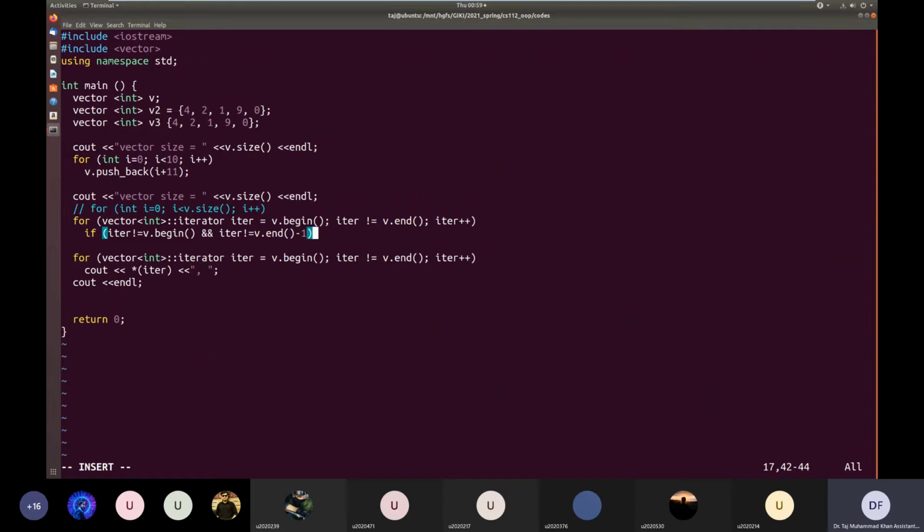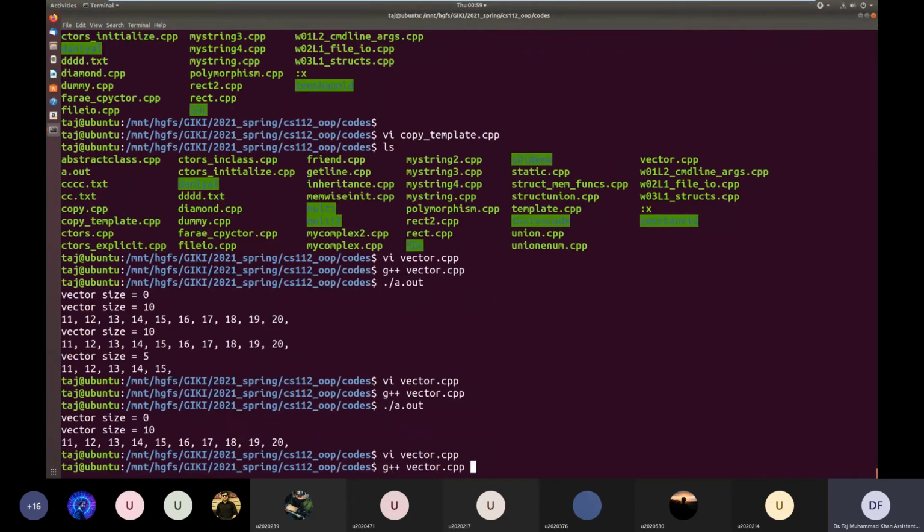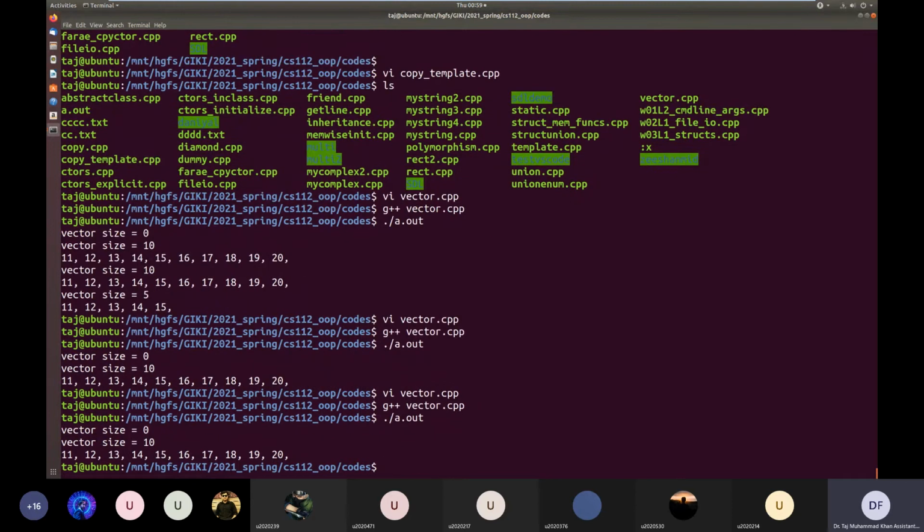Okay, so apart from the first and the last element, let us make all the other elements 55. Okay. So let's see what happens. No, it didn't work. What went wrong?